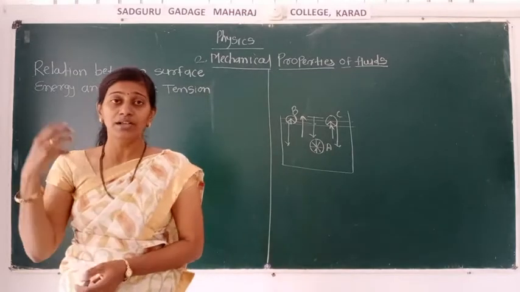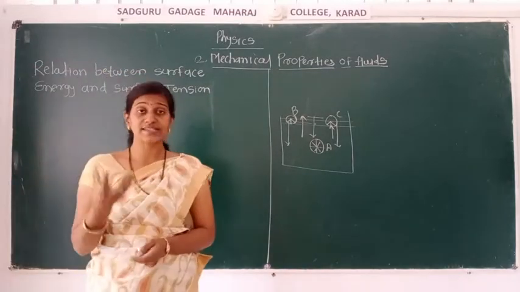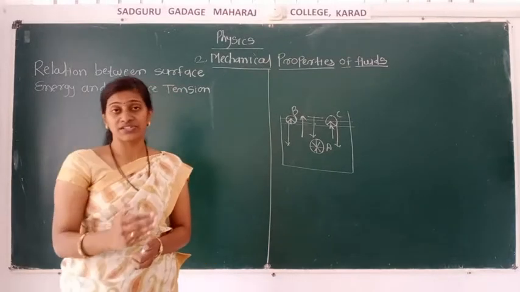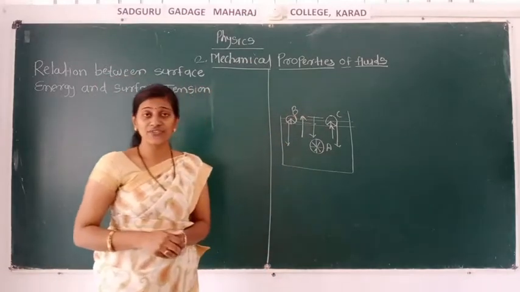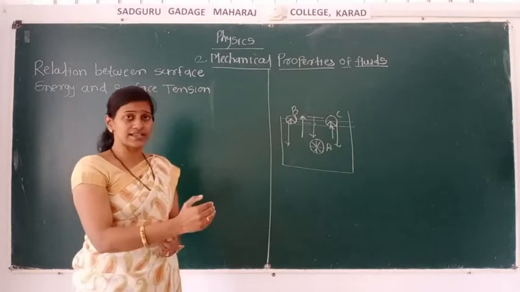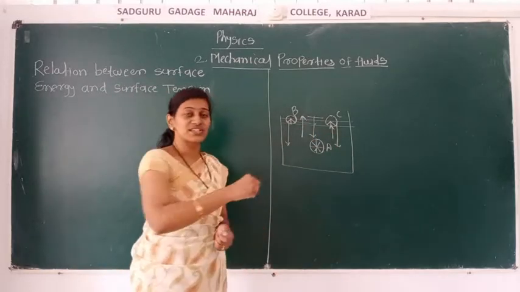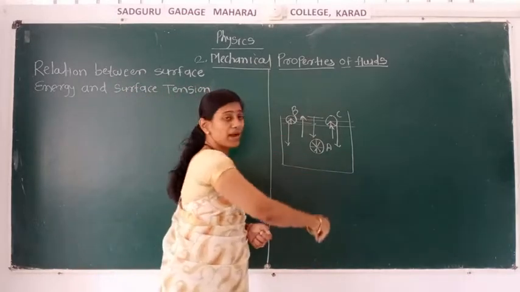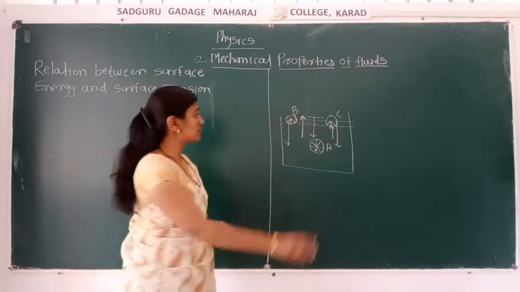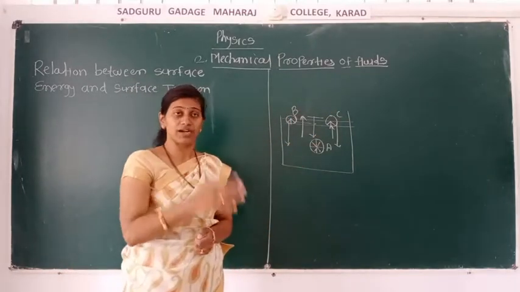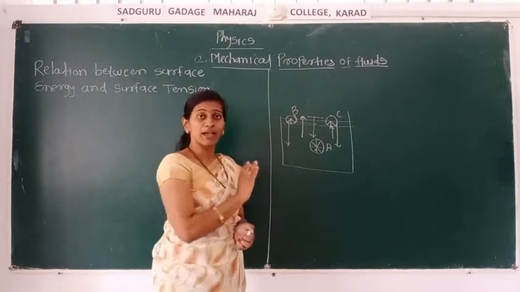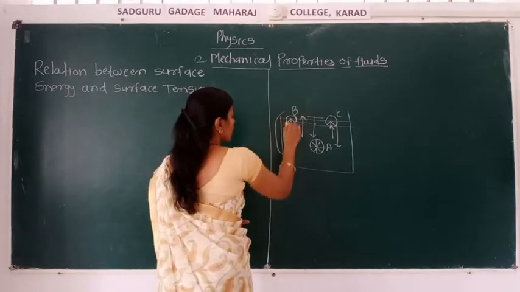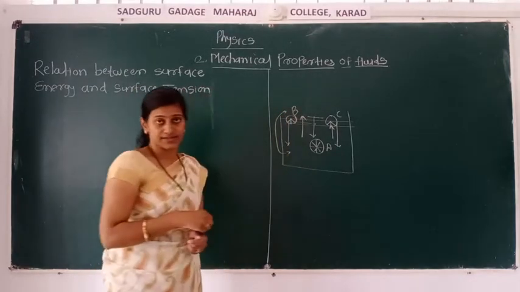Because of this, the surface film, the free surface, is under tension. It behaves like an elastic membrane, and this minimizes the number of molecules on the free surface. But as the molecules present on the surface film are pulled by the inward force, the number of molecules is minimizing, yet for the stability of that free surface, it is very essential to bring some molecules from the liquid to the free surface.